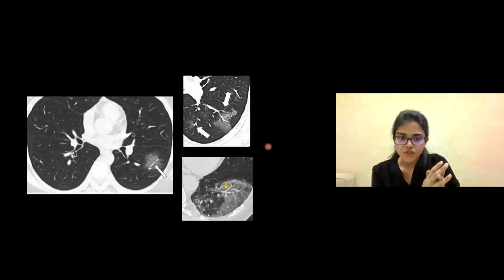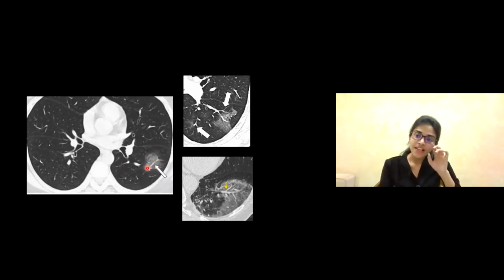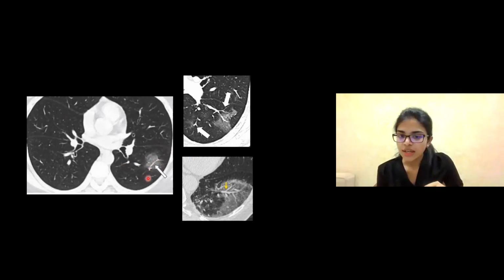Another interesting finding that you see in COVID is when you have an area of ground glass opacity and within that you see a prominent blood vessel like this. This is called vascular thickening. This is supposed to be a finding that helps you differentiate COVID pneumonia from other viral pneumonias, because even in influenza, you're going to see pretty much the same thing, right? Subpleural patchy GGOs. But this vascular thickening is something that you more commonly see in COVID infection.